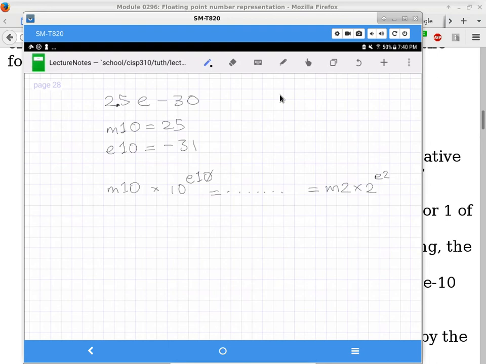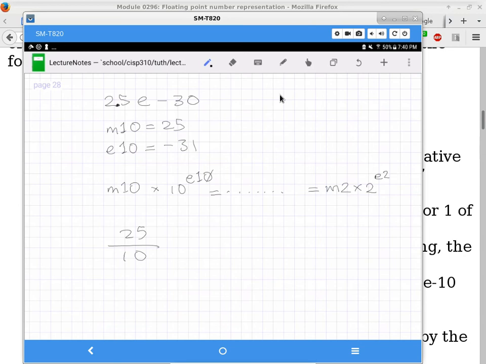We have truncation. If you have 25 and you divide it by 10, conceptually there's no problem. We just say it's 2.5, which is exact. That's the correct answer. But when you divide 25 as an integer by 10, which is also an integer in C and C++, it becomes an integer division. And in an integer division, the fractional part is truncated, it's lost. So instead of having 2.5, you have 2.